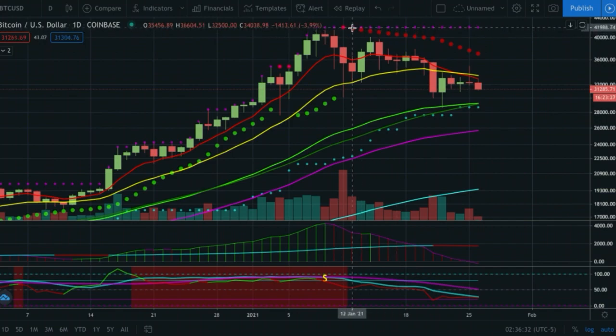You'll see the slope of the SAR was mild here, and then it started to accelerate. As this continues, it's going to continue accelerating faster and faster towards price, until eventually we take it out, and then we get basically a consolidation, either sideways or a move back to the upside and re-enter an uptrend.